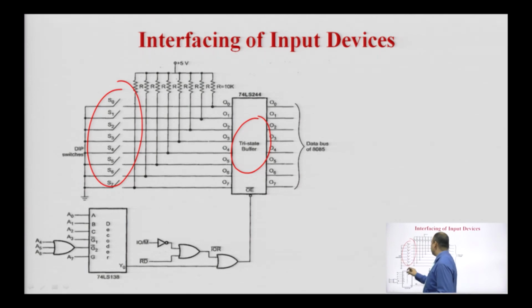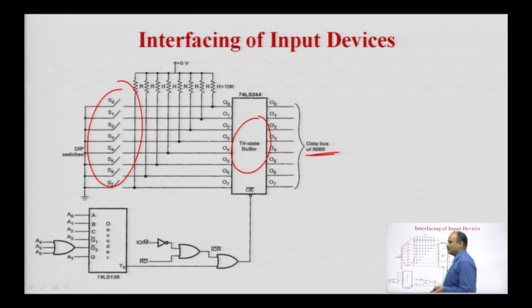The example of input devices is the DIP switches S0 to S7. These are the pull up resistors which are used. So, when a switch is closed, the corresponding bit can pass from input to output when the tri-state buffer gets activated with the help of the decoder circuitry, that is the 3:8 decoder. Here, the address lines A0 to A7 are used for decoding the logic for the output enable of the tri-state buffer. The tri-state buffer is the input interfacing device which will interface the switches, an example of input devices, with the microprocessor.